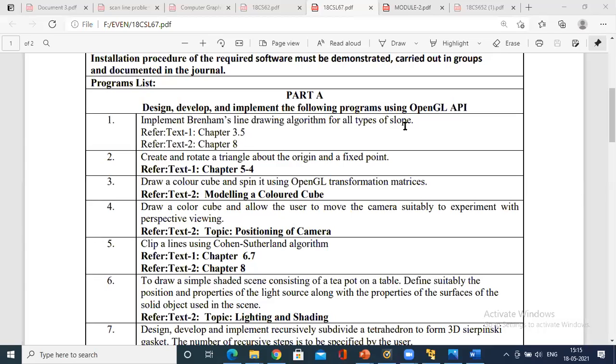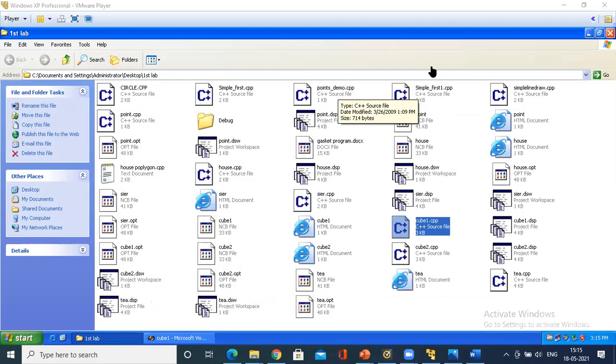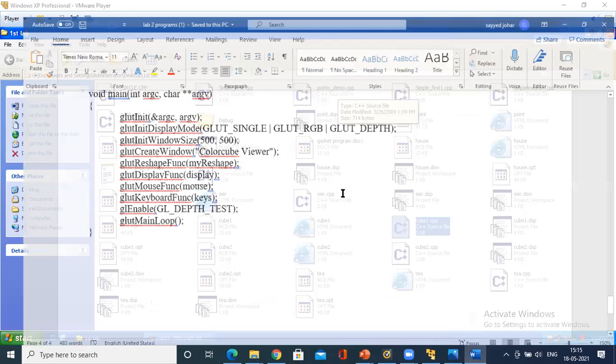Any other thing? See, regarding execution, you need to submit into the Google Classroom the executed snapshot of your program. And finally, I'll tell you how to write a record for it.